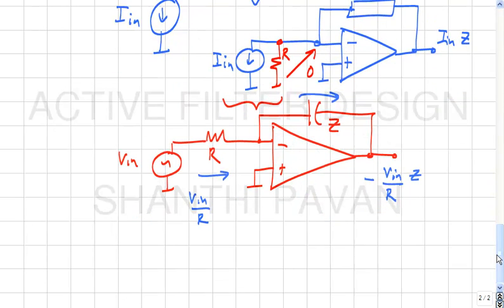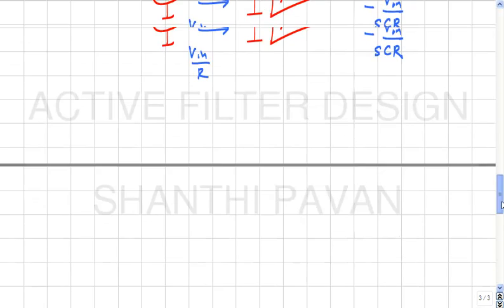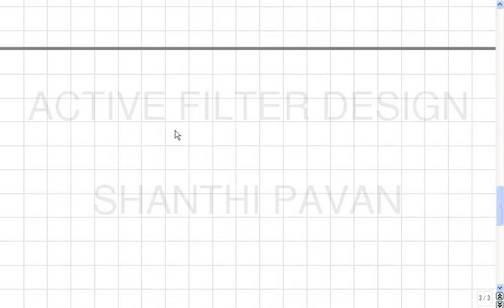Okay. So instead of Z, if Z was a resistor, you get the well known inverting amplifier of gain 1. If this is a capacitor, this will be minus V in by SCR. Okay. Now the same thing can be done for a fully differential op amp. Okay. In which case